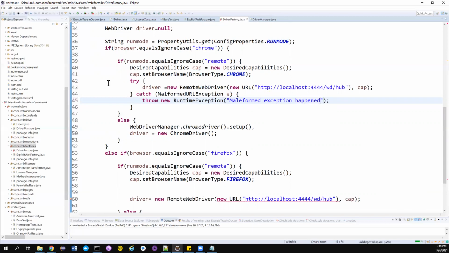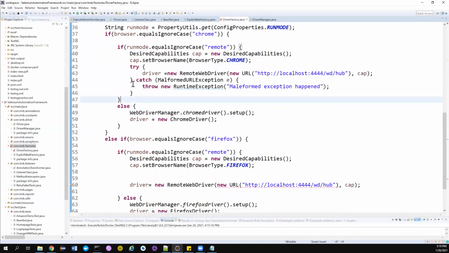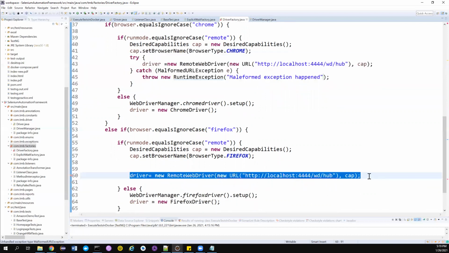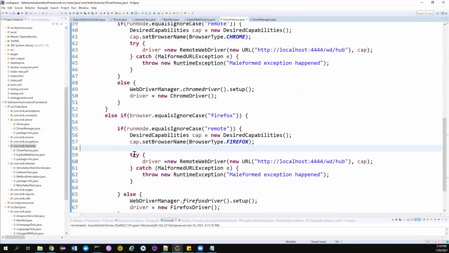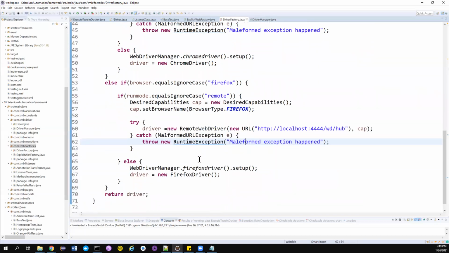But if you notice, this is happening at two places. I need to write this particular set of statements two times. So maybe I'll copy this whole thing. This is the same thing, right? So I can paste it here. Now I'm catching the exception and then throwing it as a runtime exception, so the program will terminate. And there is also a chance that this particular set of statements can throw some error at runtime. There is no checked exception here.